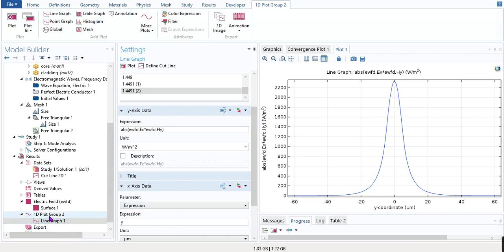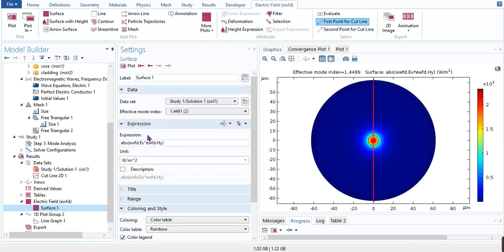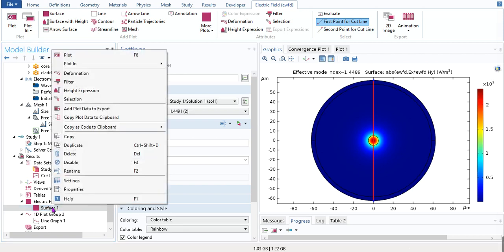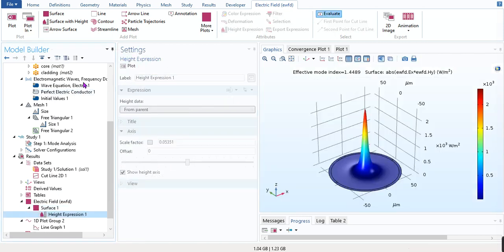Suppose for this surface plot, if you want to plot a 3D type of plot in which you can analyze the intensity at points, just right click on this one and click height expression.